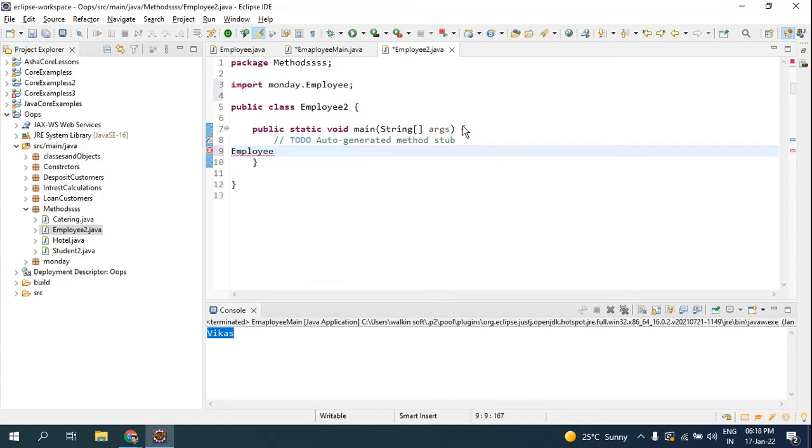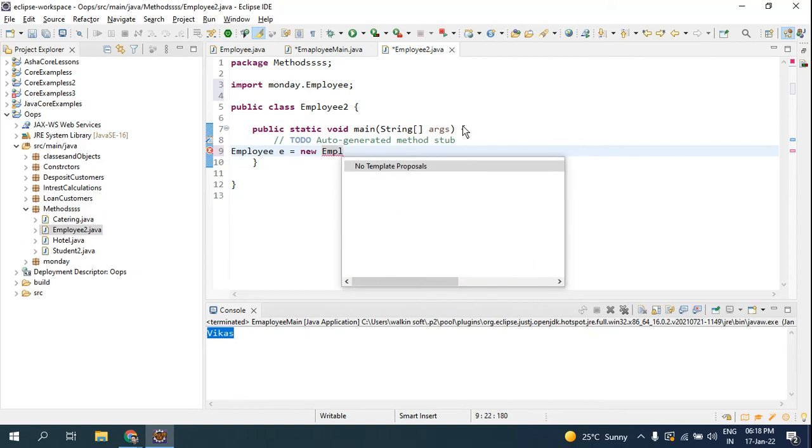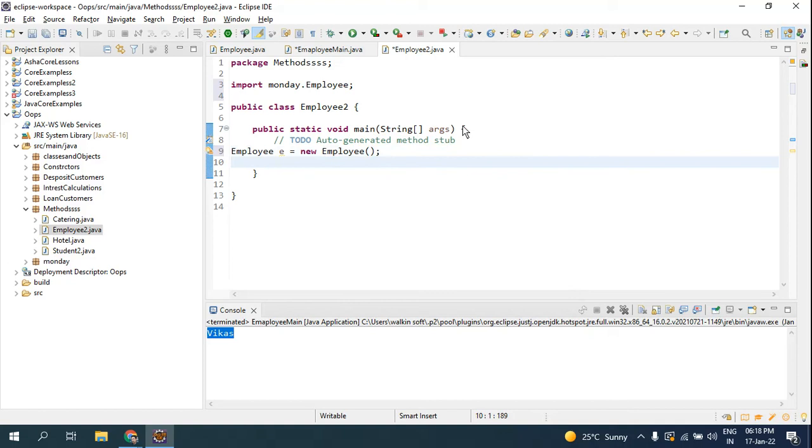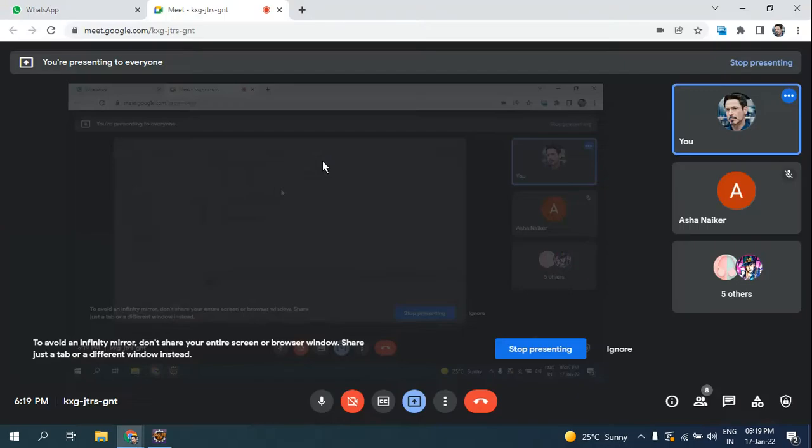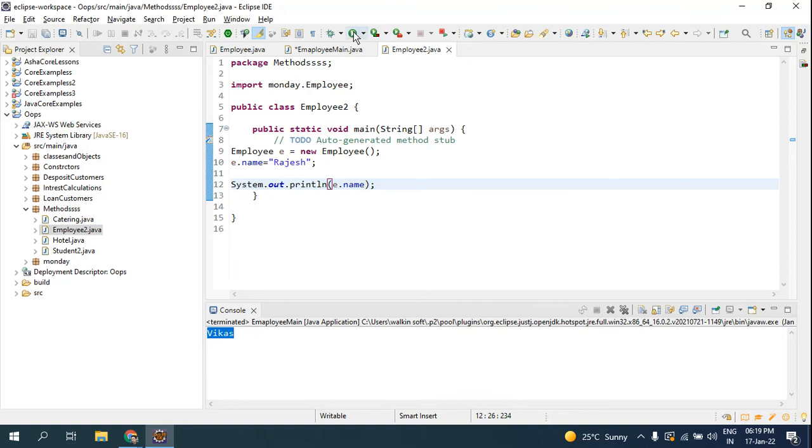Look here, employee E is equal to new employee, and here again I'm going to insert E dot name is equal to Rajesh. Now I'm able to ask the output here SYSOUT E dot name. So if I run this,